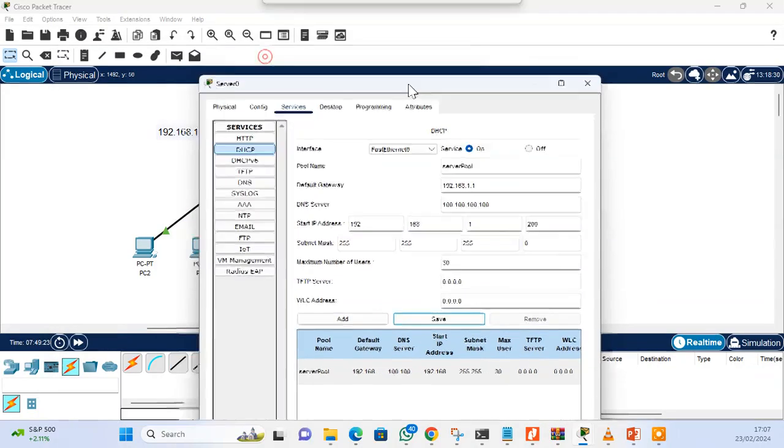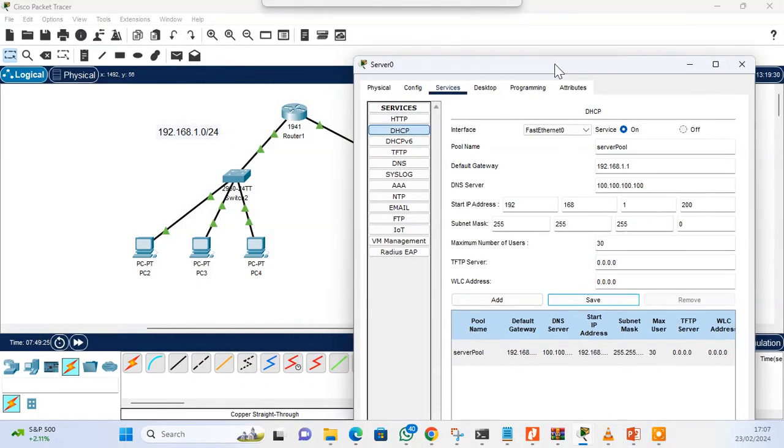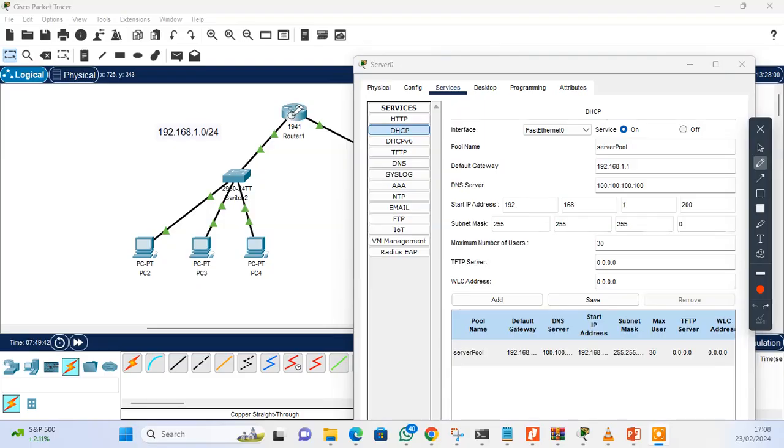and then these computers will not be able to pick an IP address from the server, because the router will not allow the broadcast, the DHCP broadcast message. So what you're going to do is to access the router specifically on this interface, and then we state the DHCP helper address. Okay,